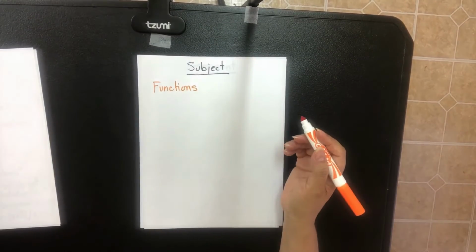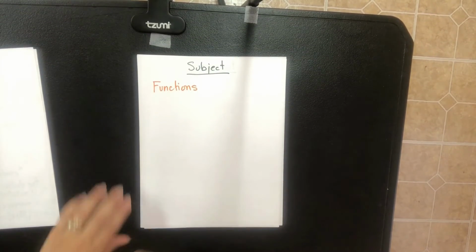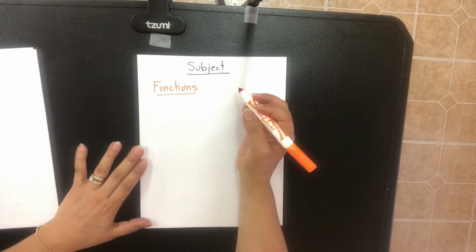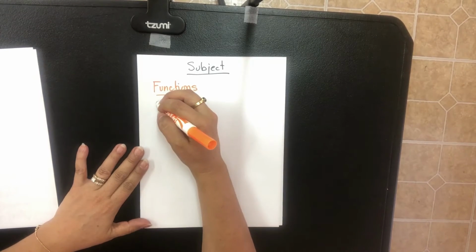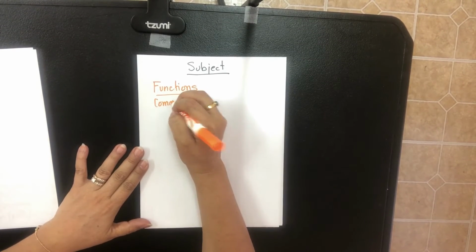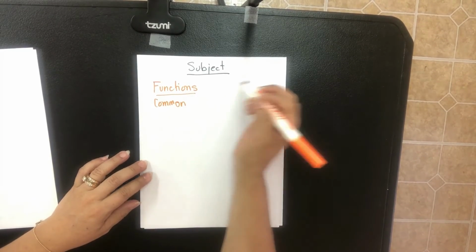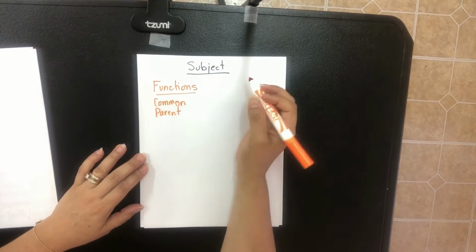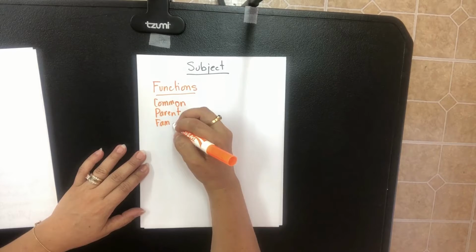You build up to functions through relations, but that's the key idea. If you haven't already, you're going to see a lot of key functions, sometimes called common functions. Parent functions, family of functions that these parents are,